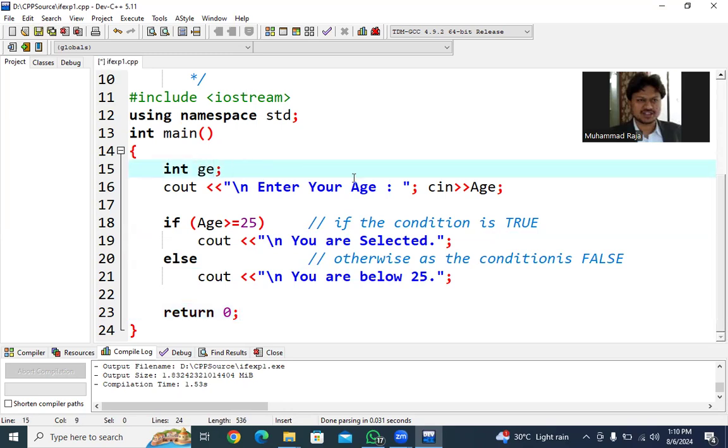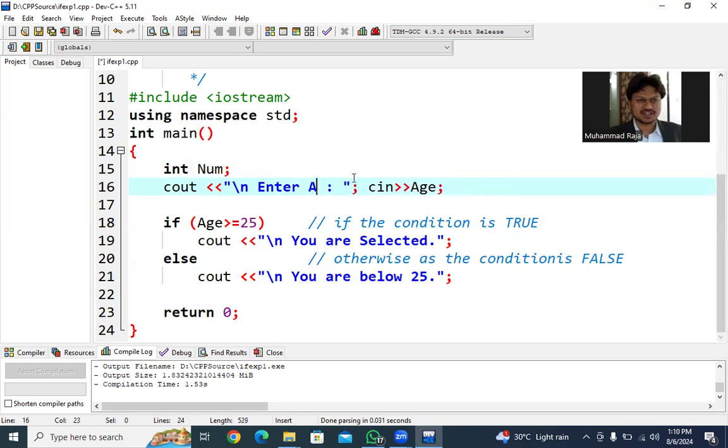Similarly, I just put here, now it's a number. I will enter a number. This is how you can practice various things. This is simple: enter a number. Now I want to enter a number and have the computer tell me whether it's an odd or an even number. So here I put that if